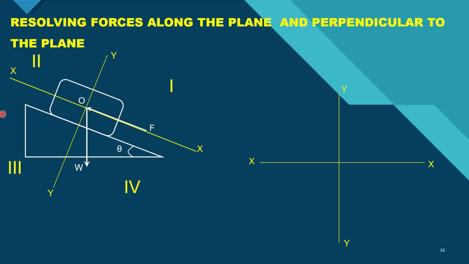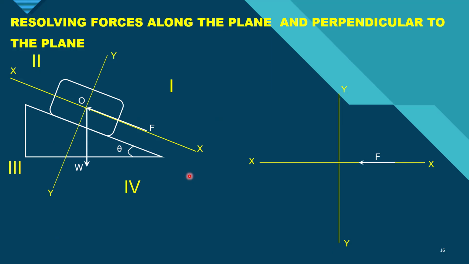So I am going to mark new x and y axes here. I will be transferring all the forces into this figure, but when we mark the forces here, I will be marking only the components along the x and y direction. Now here you can see F is acting along the x-axis, so you can mark that directly. There is no other perpendicular component since that is acting along the x-axis. There will not be any component along the y-axis, as I have told earlier.